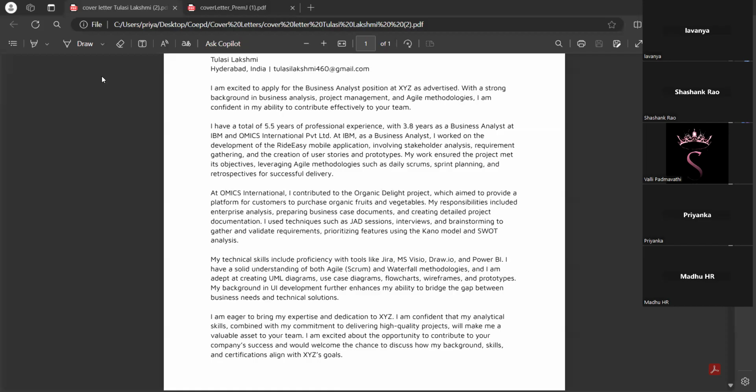I'm going to explain with a simple example. Say they need an add to cart feature, and I want to convert it into functional requirements. First, I definitely need to log in. If login is successful, it will redirect to the home page. Then I'm going to add a particular item to my cart.